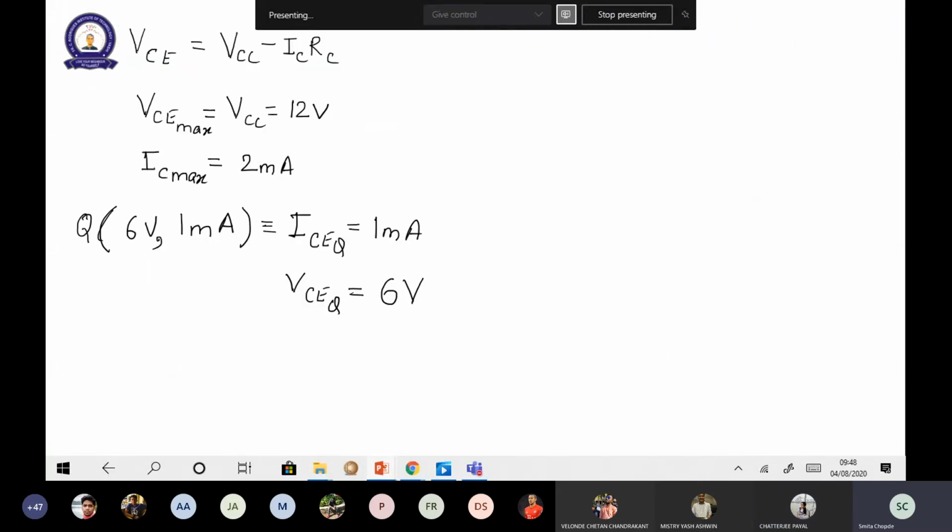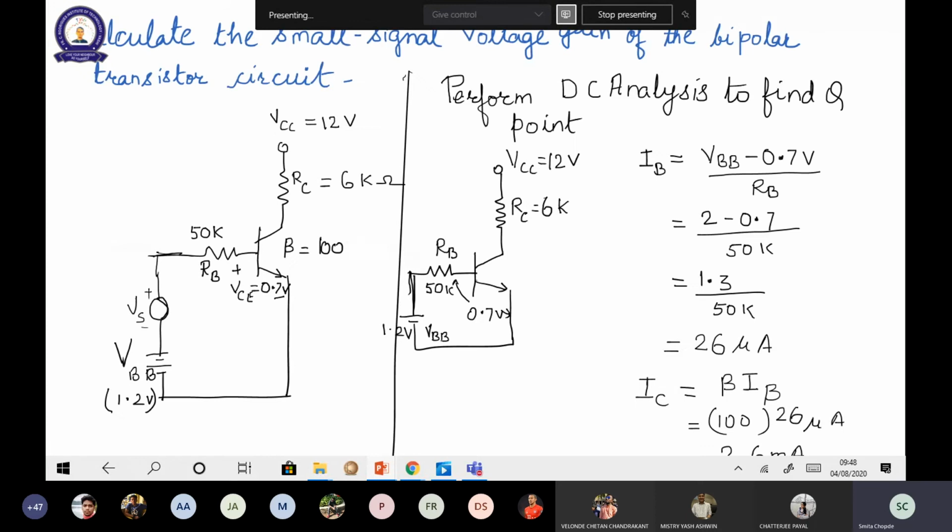So in this way, your quiescent point is found out, and it definitely tells that it is in a stable state. Why? Because if you consider this transistor, almost half of the voltage is existing at the collector terminal. So your Q point certainly lies at the center of the load line. Voltage VCE is exactly half of 12 volts, so that itself decides that your circuit is working in the linear region.